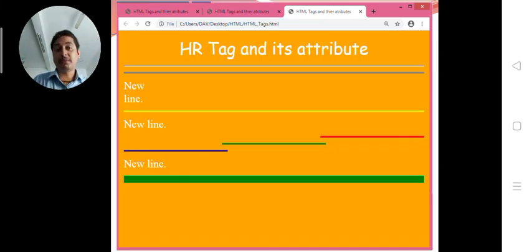The background color of the page is orange as we defined, HR tag in Comic Sans font, and then the first HR line without colors, second line in gray strip, then new and line, new in different line, line in different line, because of that BR tag. BR tag is used to break the line. Then new line, red tag aligned from the right, green horizontal line aligned in center, blue aligned from left, and then new line, last tag, memorize the last line.